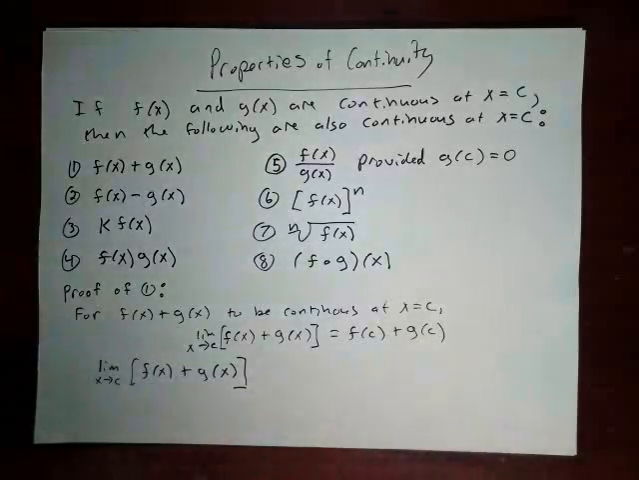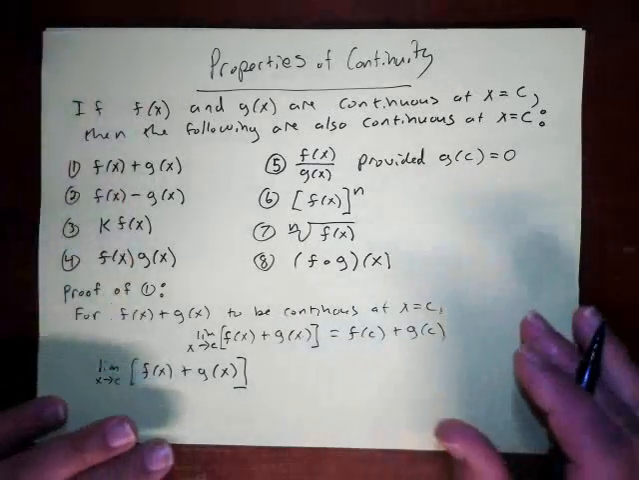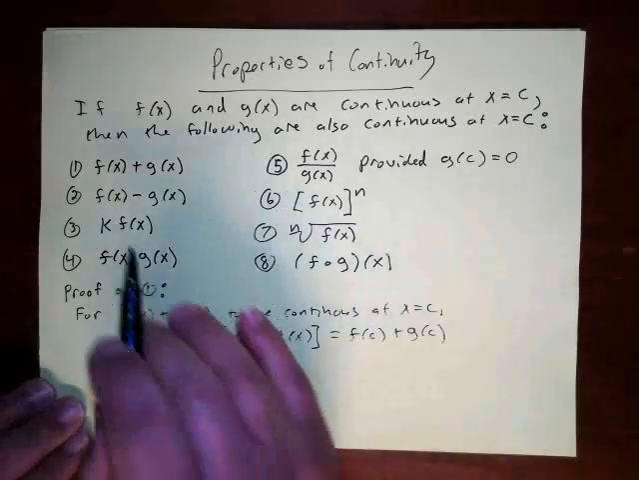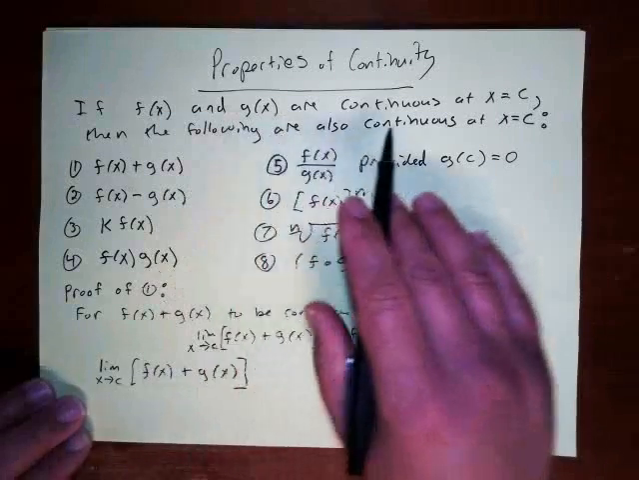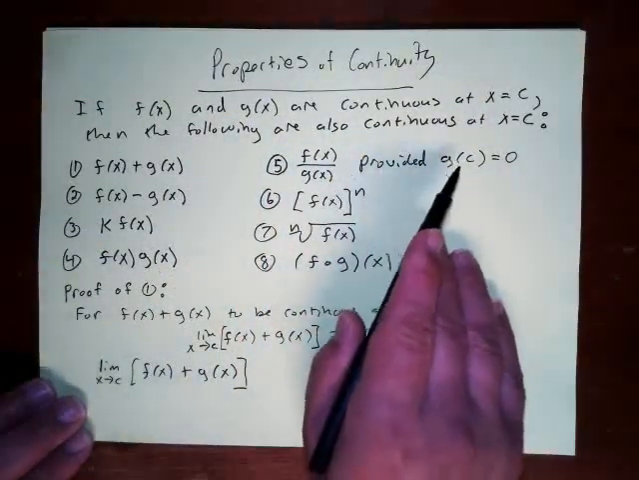We're now going to talk about properties of continuity. And these properties are very similar to the rules that we used to evaluate limits. And in fact, they are connected to those rules. So basically, if f of x and g of x are both continuous at C, then the following are also